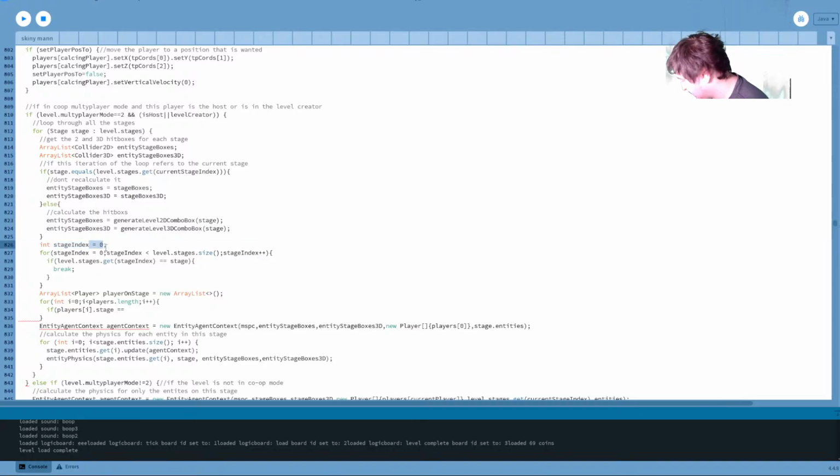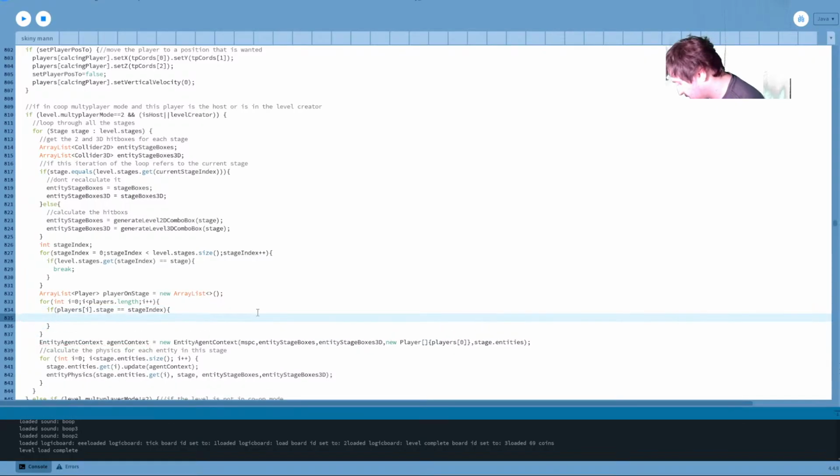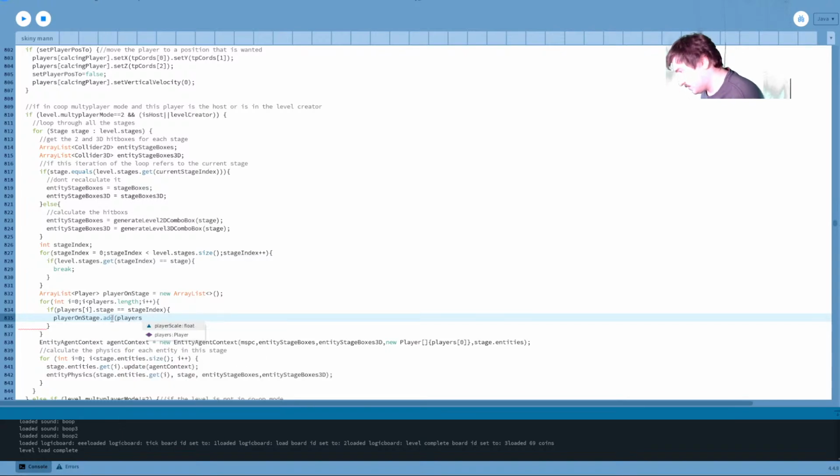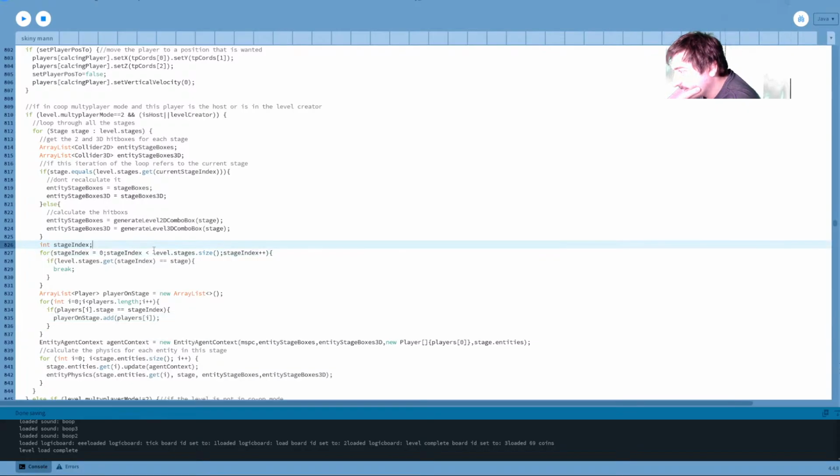This technically doesn't need to be there. So then players on stage dot add players of i. Okay, that was a bit too much work.